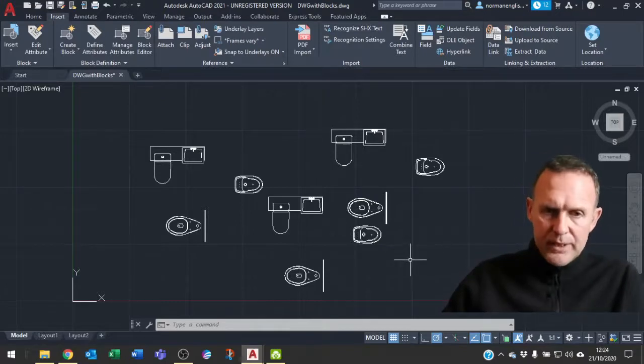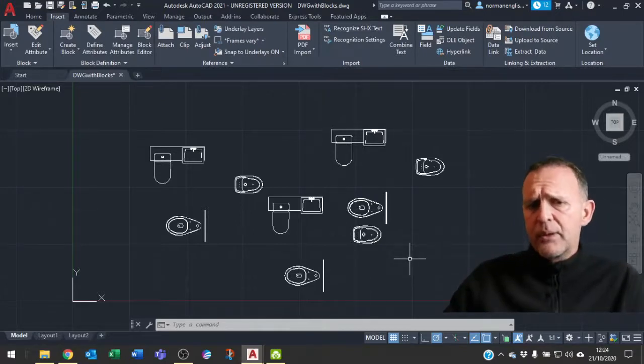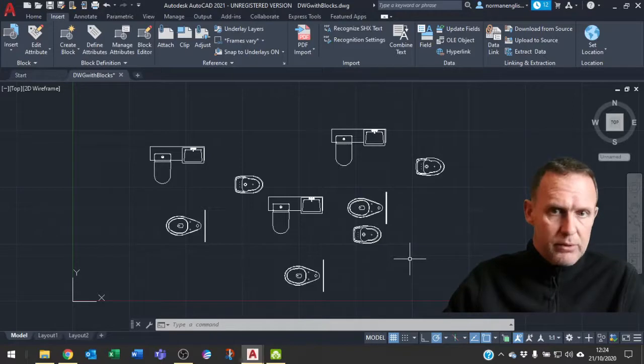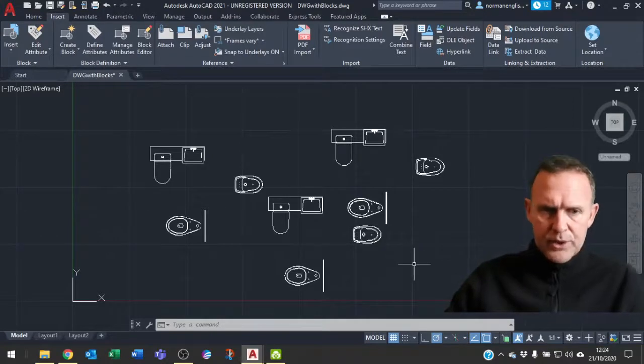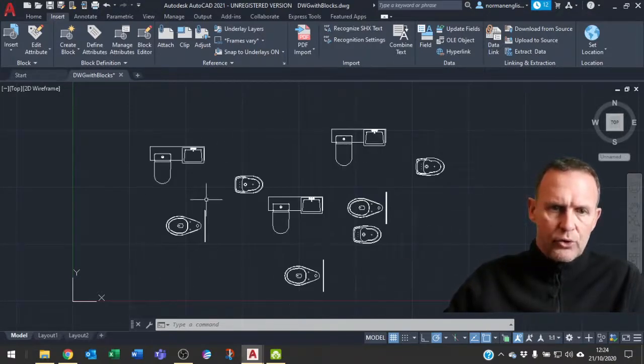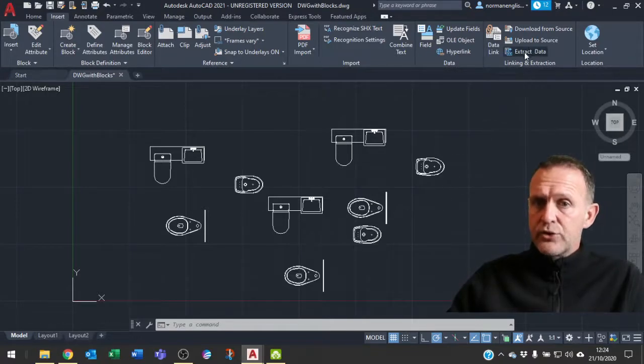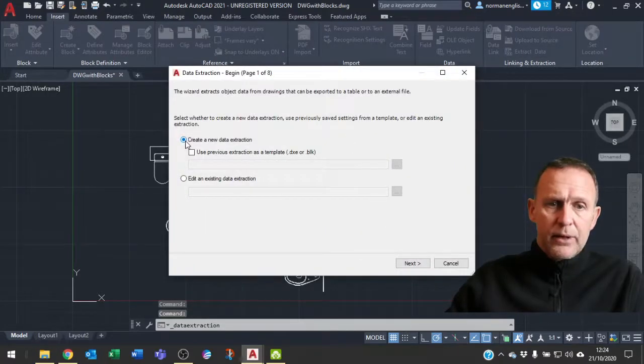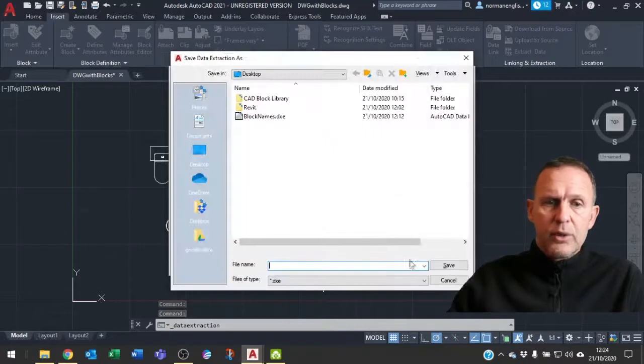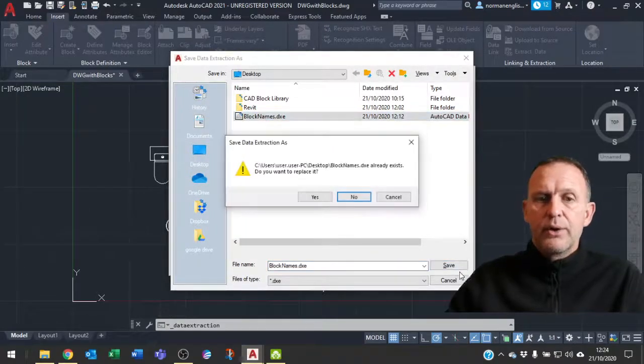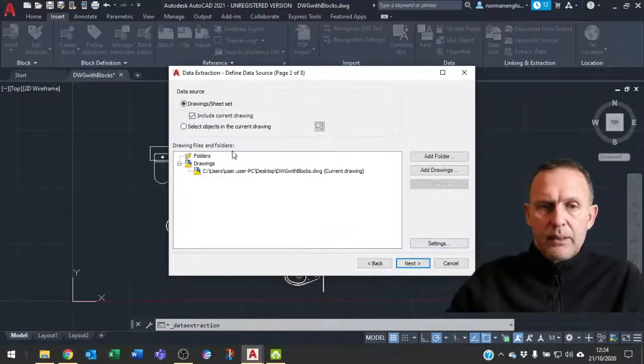This is similar to my last video, except I've made a couple of changes to the code just to make it run slightly easier. Fewer steps for the user to do. So in the previous code, what we had to do was run a data extraction to get all of the blocks out of the drawing, and we're going to do exactly the same here. So extract data, create a new data extraction. I'm just going to overwrite the one I've got there,